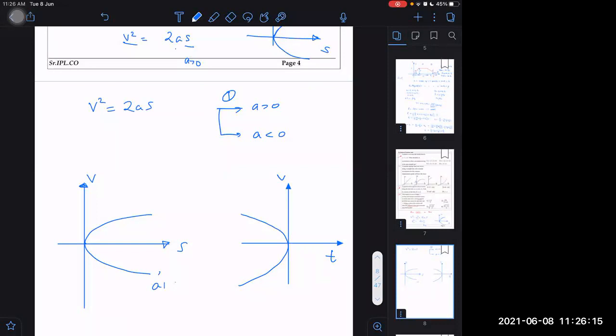This graph is for positive and this graph is for negative acceleration. So which is the retardation part here? In this part V is positive and A is already positive for this entire graph, so for this upper part, it is speeding up. And the lower part? V is negative, but acceleration is positive, so this part is retardation. Although acceleration is positive here also, it is an example of retardation.